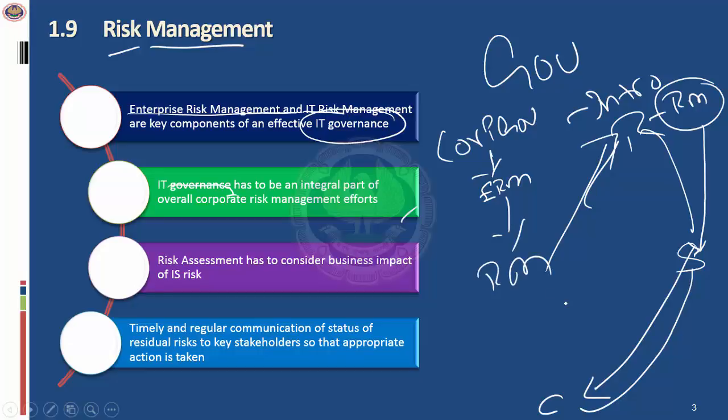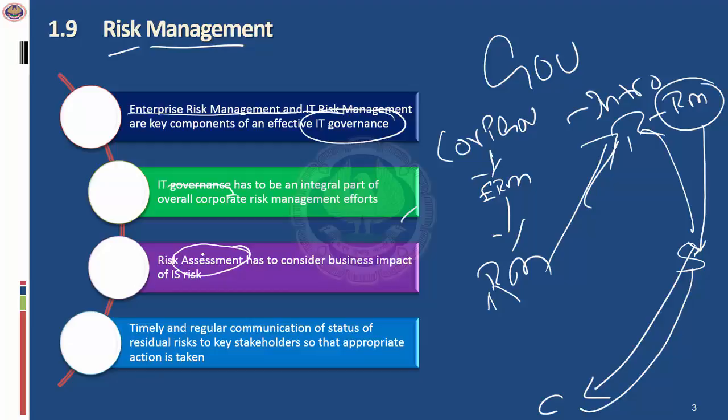So in this presentation, we'll discuss and understand what risk management is and how risk management is done in the context of enterprise risk management and also from the perspective of governance. The fundamental aspect when you're doing risk management is to do a risk assessment, which means you assess where you are as far as the risks are concerned. What types of risks are there? What is the current level of controls? Based on that, what are the residual risks and are they acceptable? So you look at where you are and where you want to be, and find out the gaps.